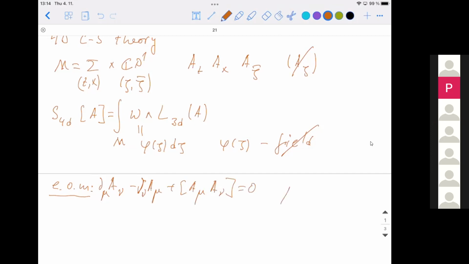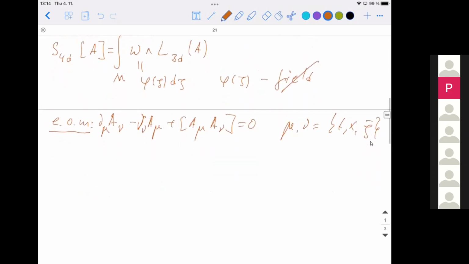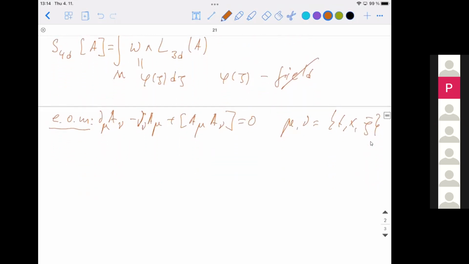So here the mu nu is now in 3 dimensions. And the general idea is that now we want to make some gauge transformation from this gauge field A to L such that